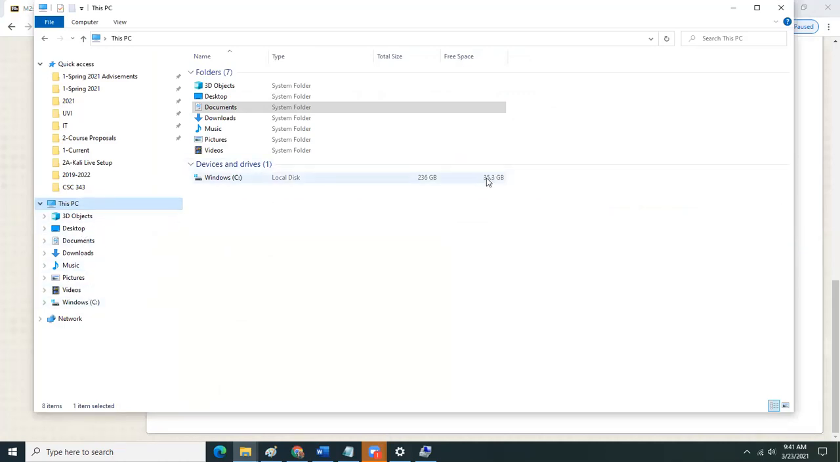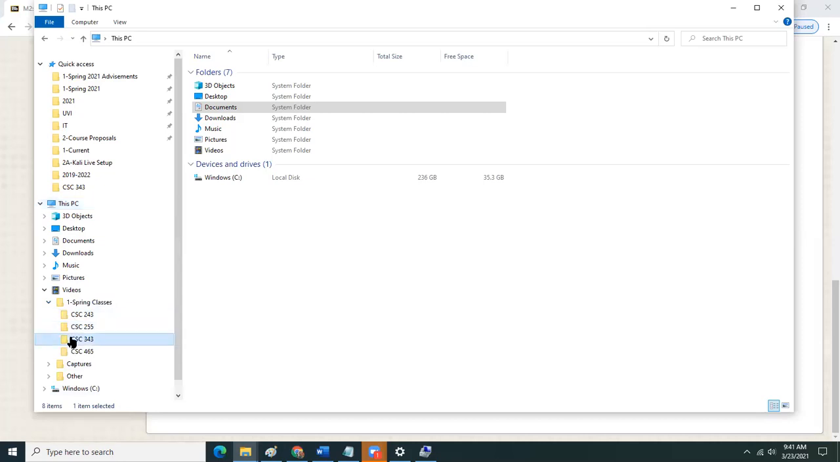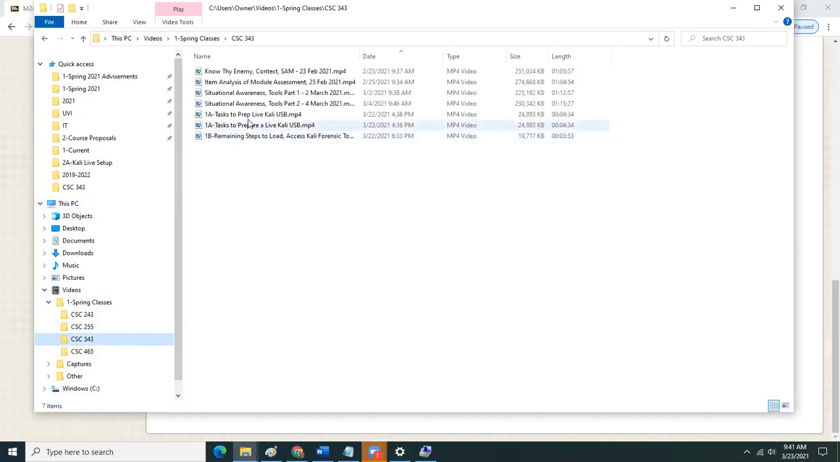So if you have more than 30 gigs of drive space on your C drive, you can use the second option. I have captured video that's going to be pushed out there. I'm going to the office later today to upload videos, but basically I do have a step-by-step on how to create your live Kali USB thumb drive, and then what to do after it's created